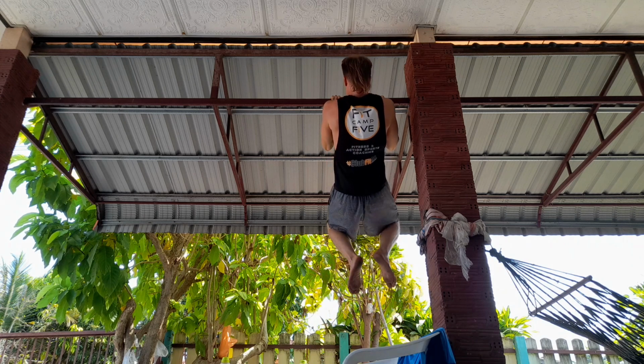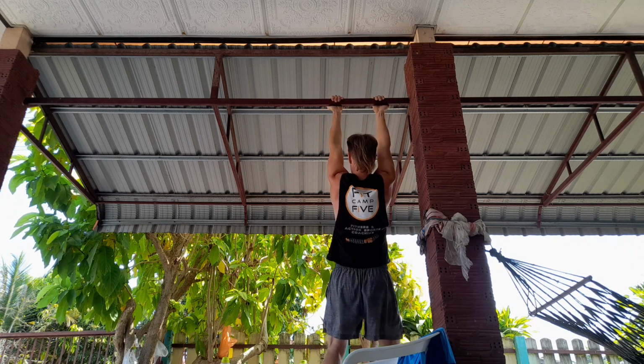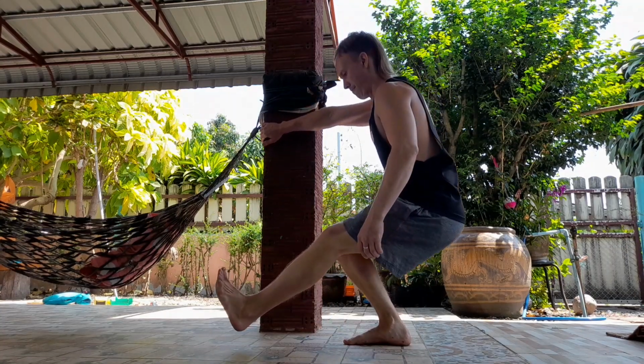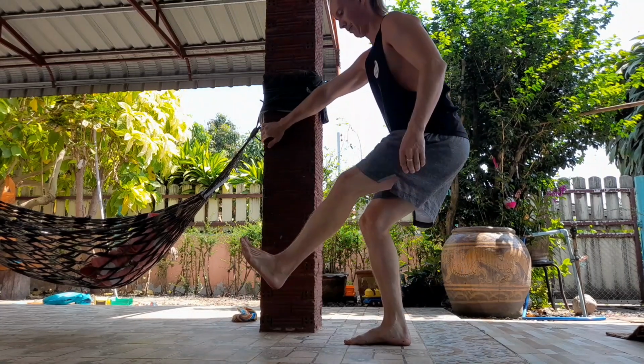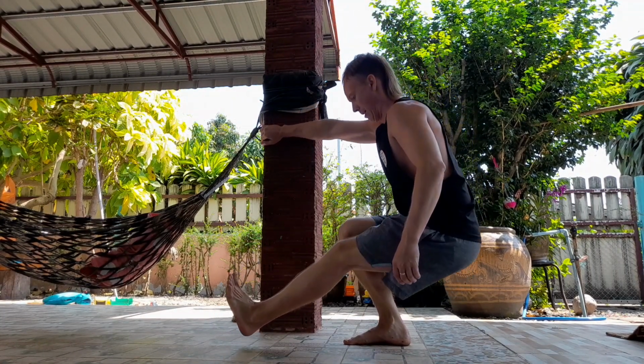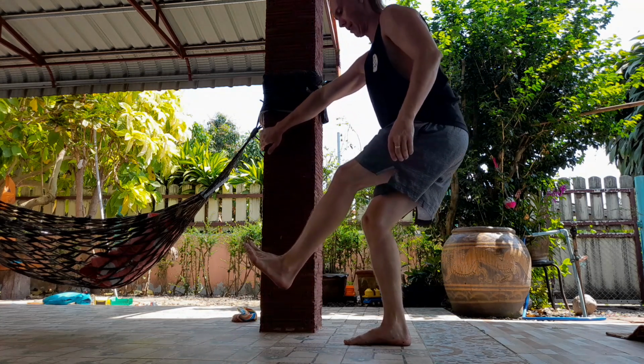Okay, but we want to hit two birds with one stone here, so we do the underhand grip to get both biceps and lats worked out. And I did 10 reps, by the way. So now we're moving into the second round of the same exercises, basically, but as you can see here, I've